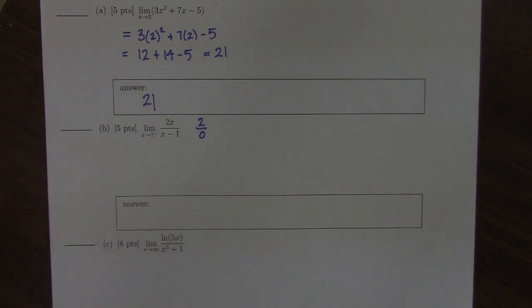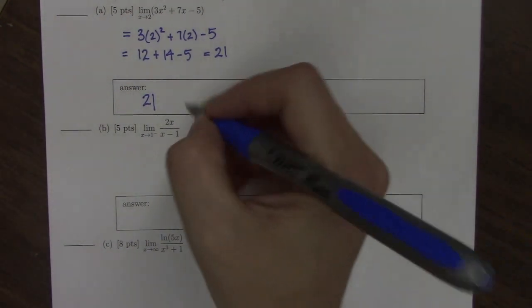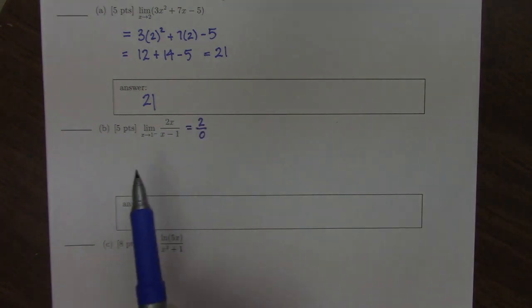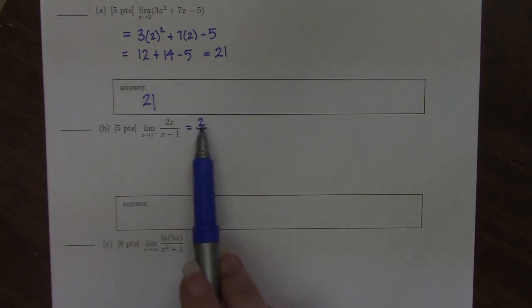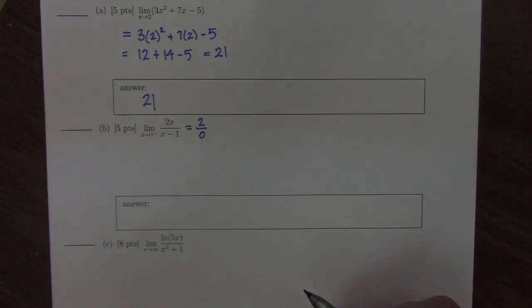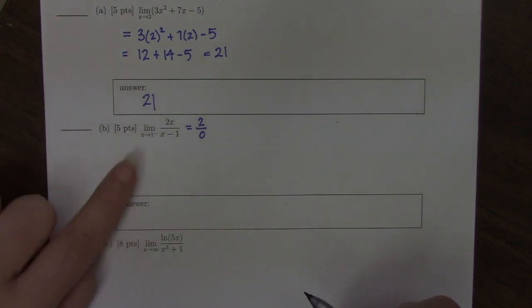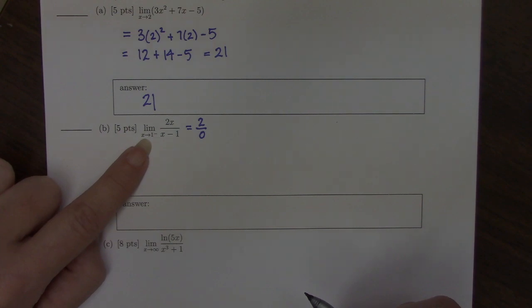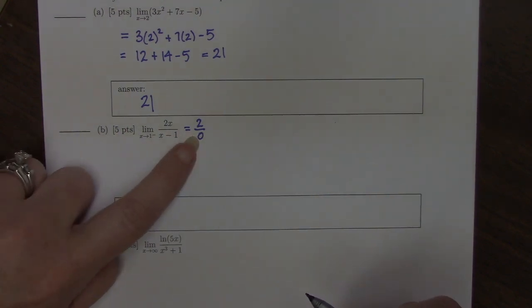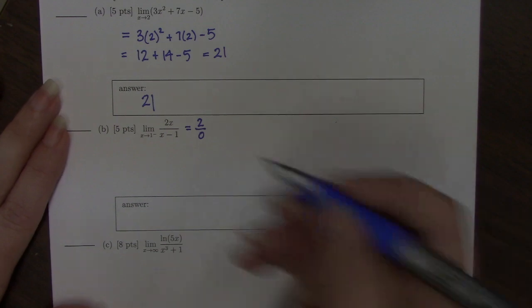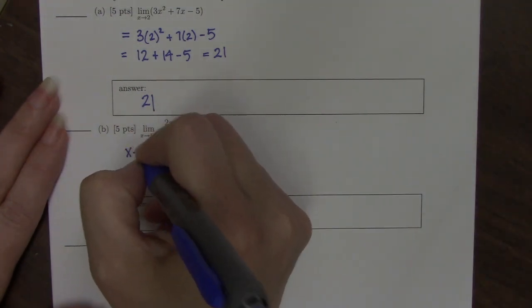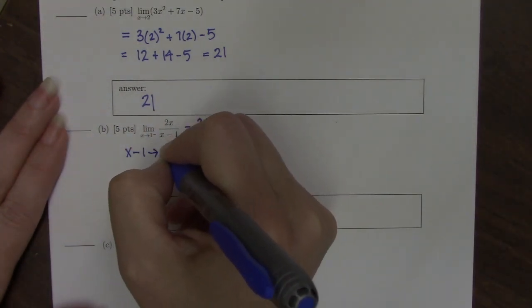So one thing that's important to keep in mind with limits, what we're actually saying here is that the limit of the numerator is approaching 2 and the limit of the denominator is approaching 0. So the denominator is not actually equal to 0 because we're picking numbers very, very close to 1 on the left-hand side. So we have to figure out here what type of 0 do we have. It's either a very tiny negative thing or a very tiny positive thing. So x minus 1 is approaching 0,